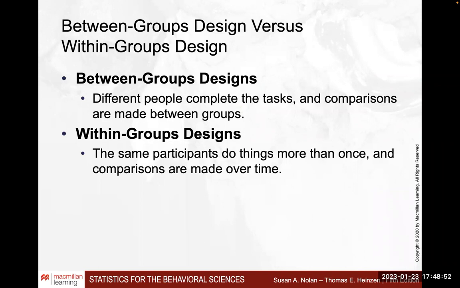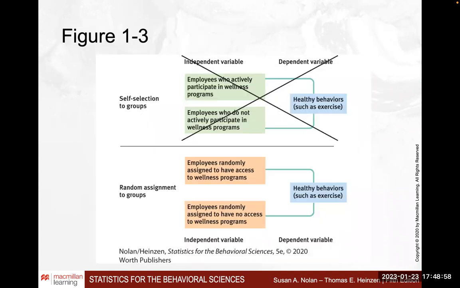If you are more interested in a within groups design, it's a little trickier. Because in a within groups design, A, you need more assessments over time, and B, most commonly you have to resort to a correlational design. That means you only have that group of employees that was randomly assigned to the wellness program and you don't have a control, you don't have another group to compare them to. But what you can do, you can say,